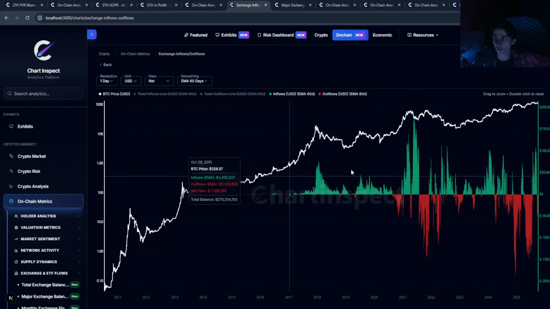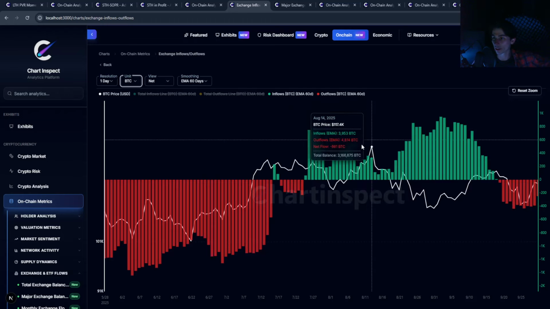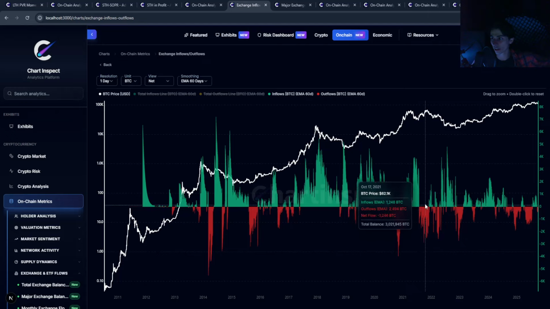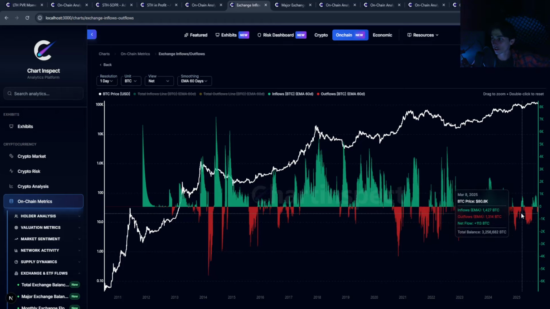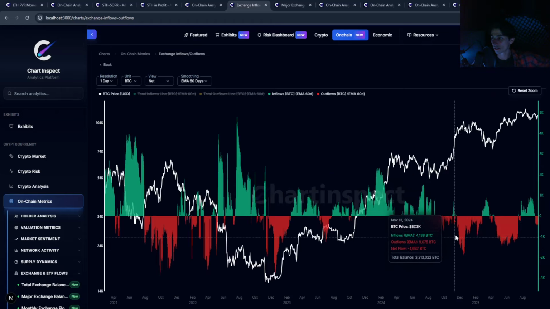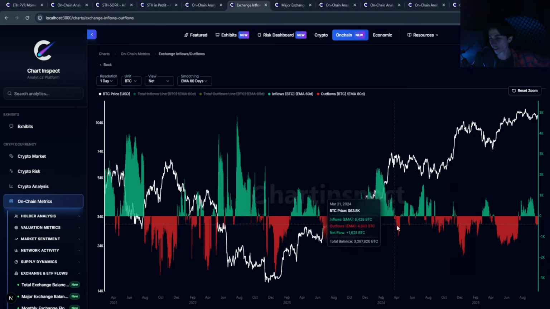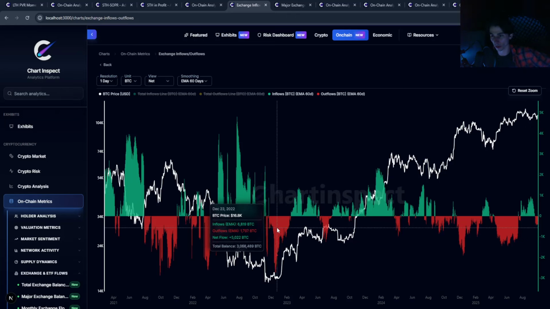But before the mania phase, if you look at it on a BTC denomination, Bitcoiners were taking as many coins as they could off of exchanges and into cold storage. Long-term holders kept accumulating, and they actually started accumulating again during the secondary peak, and all the way into the bear market, right? You can also see during this dip, we started seeing accumulation here, some accumulation here,